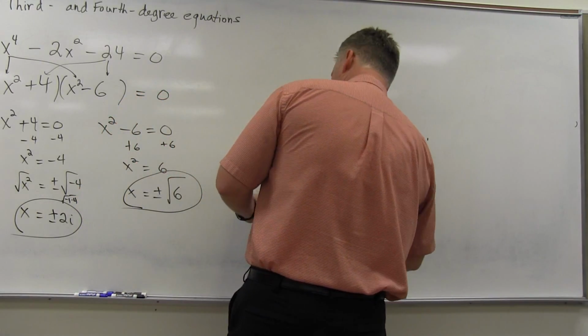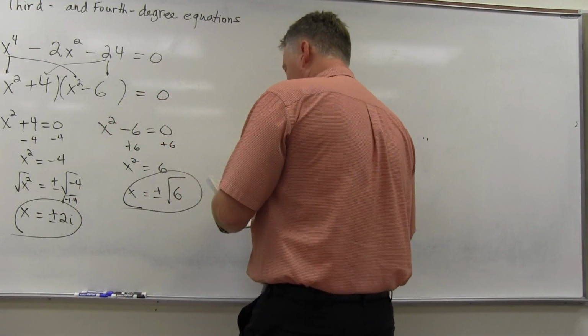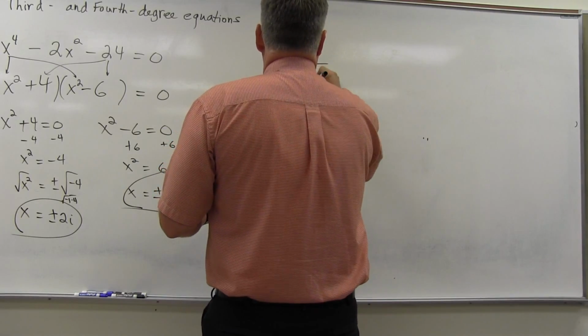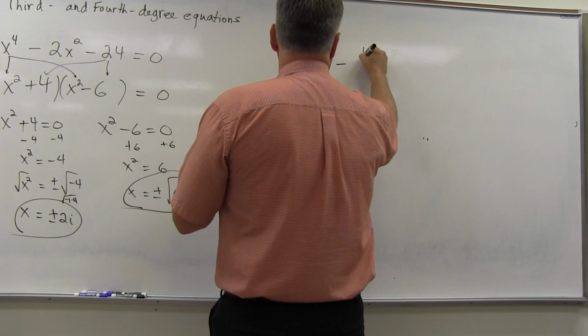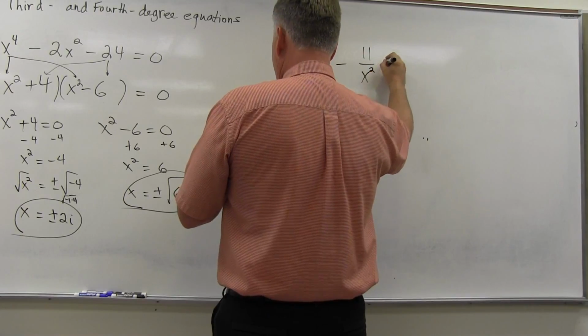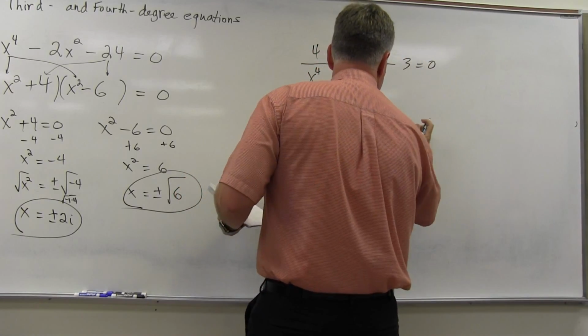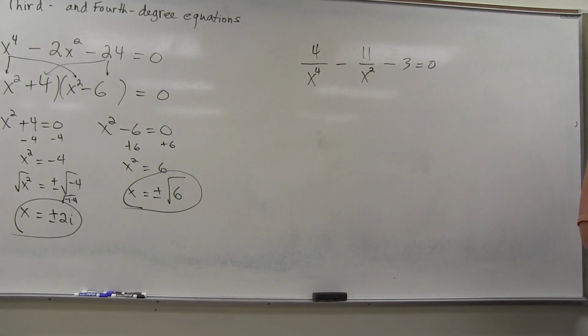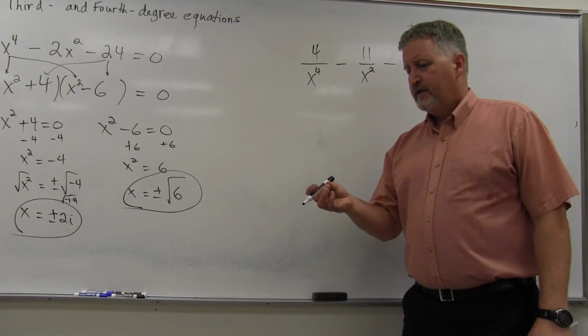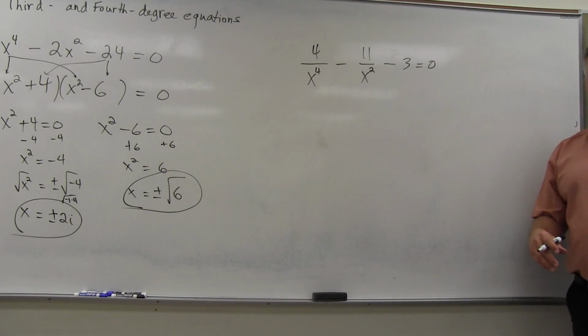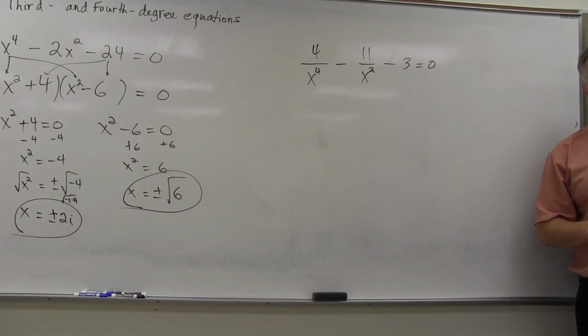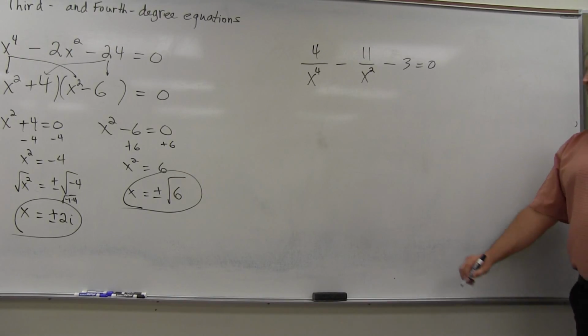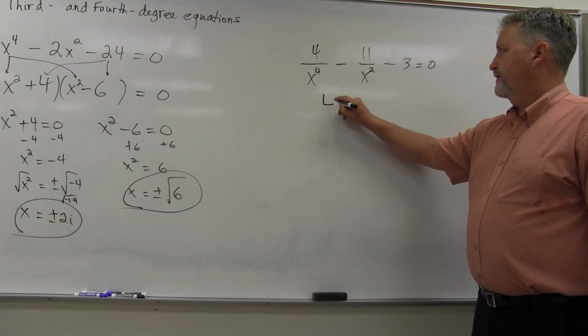Let me show you this one. 4 over x to the 4th minus 11 over x squared minus 3 equals 0. Give us a little more practice. Those sometimes are a little tricky, but we talked about this one before also. One with fractions, and we talked about multiplying by the least common denominator